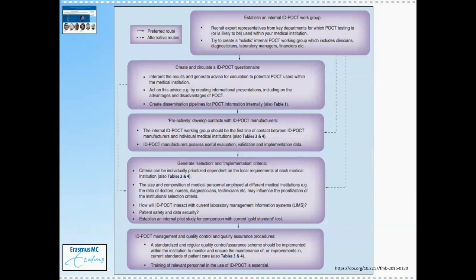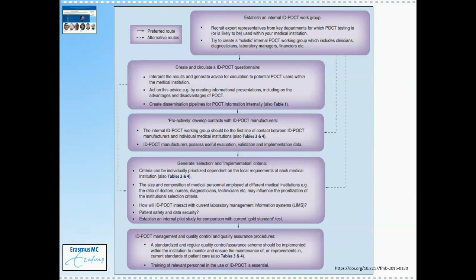We also try to proactively develop contacts with manufacturers and developers. The idea is that if healthcare institutes can feed back data to developers, then that will help developers target their technologies and their development processes to what is actually needed within institutional settings, and within, for this example, hospital settings.